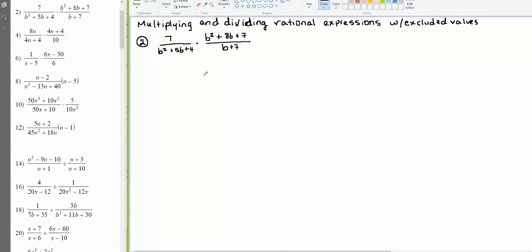Okay, so this video is going to be on multiplying and dividing rational expressions, and we're going to make sure that we get to the excluded values. Now, the excluded values are going to come from the denominators, right? So it's going to come from here and from here. This is a multiplication problem. And so the excluded value for this one